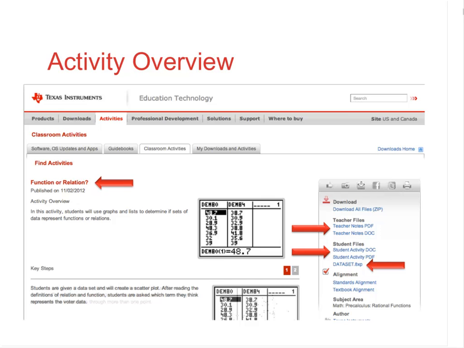And then the very last thing, the dataset.axp. This is just an example of sometimes there are files or programs that correlate with an activity. You're going to find that on that activity page as well, and then you can download that to your computer and from there transfer it to your calculator, whether that's an 84 or an Nspire. The file type will depend on what calculator the activity is set up for. I just wanted to show you that site, education.ti.com, to show you where you can find these particular activities